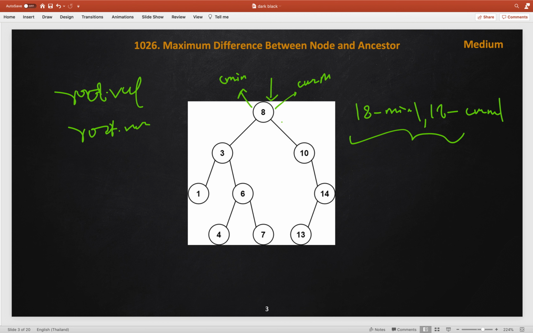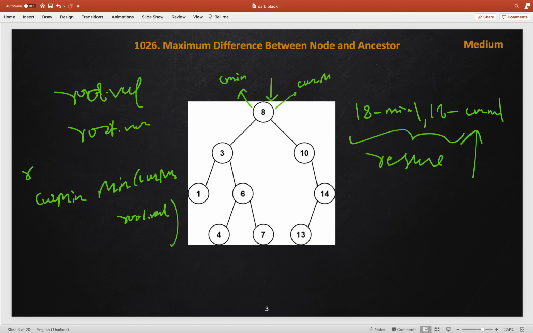recursion flow. Once we start, every time we will also update our result from the maximum of this value or the current value itself. Now, once we go down, we will have to update the current minimum and maximum value between the current node and the previous minimum value. So, the current minimum will be updated as the minimum of the current minimum itself and the current node value, whatever node we are processing, and we will pass it. Similarly, for maximum we will pass the max of these two values.